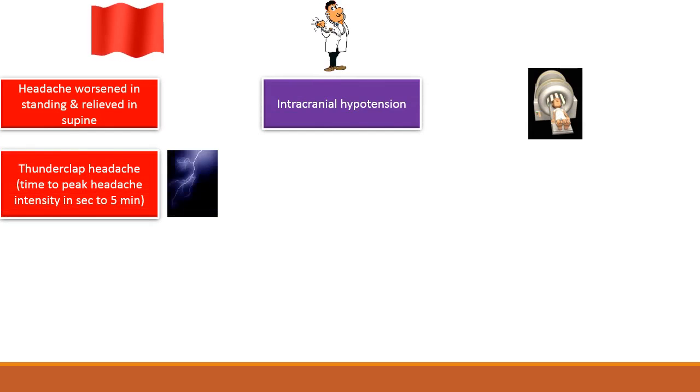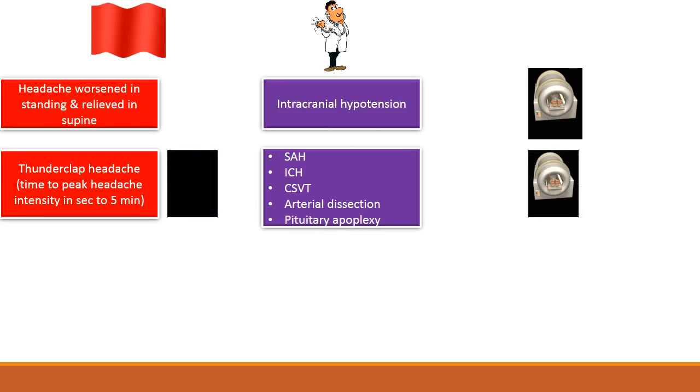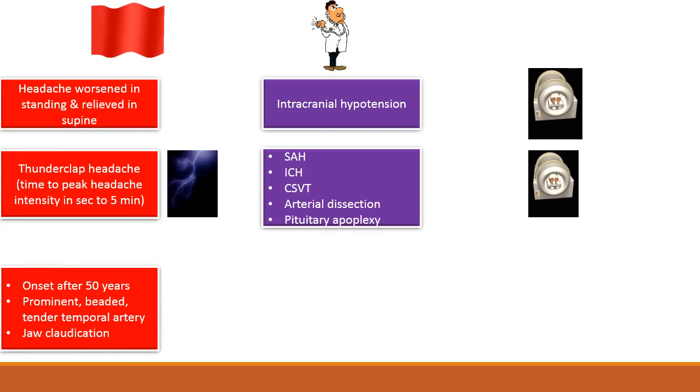If patient complains of thunderclap headache, that is time to peak headache intensity is in seconds to 5 minutes, the differential diagnosis should include subarachnoid hemorrhage, intracranial hemorrhage, CSVT, arterial dissection, or pituitary apoplexy, and the workup should proceed with neuroimaging. If the onset of headache is after the age of 50 years, associated with prominent beaded tender temporal artery